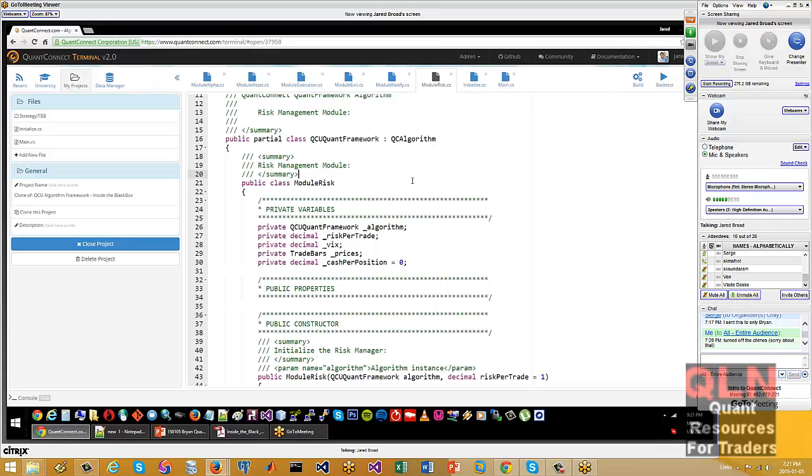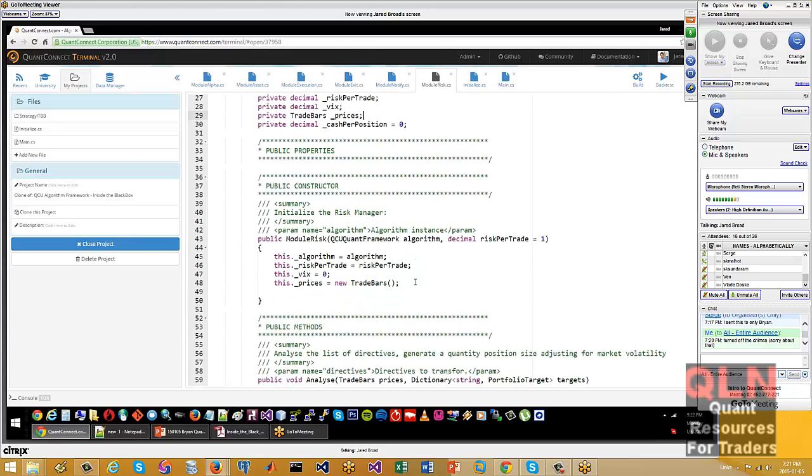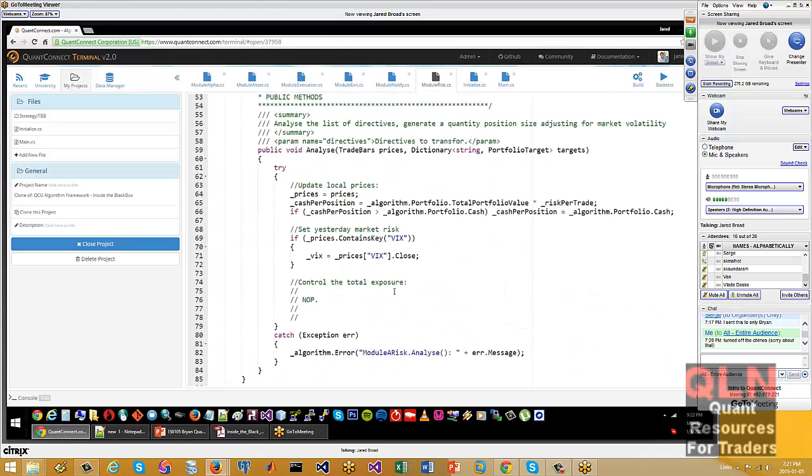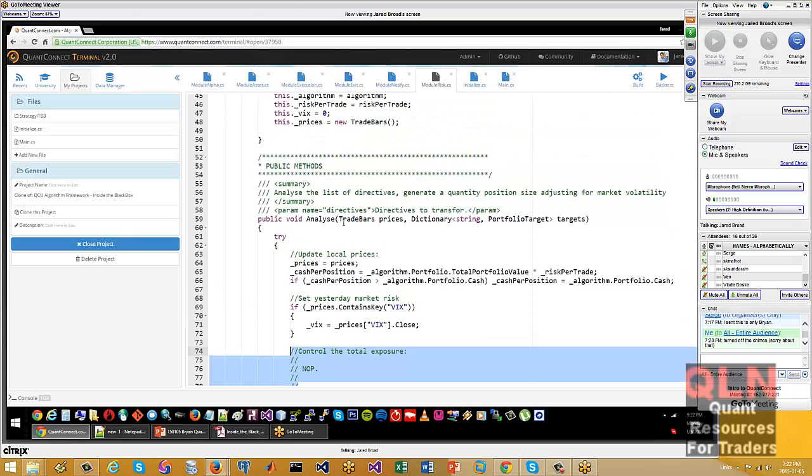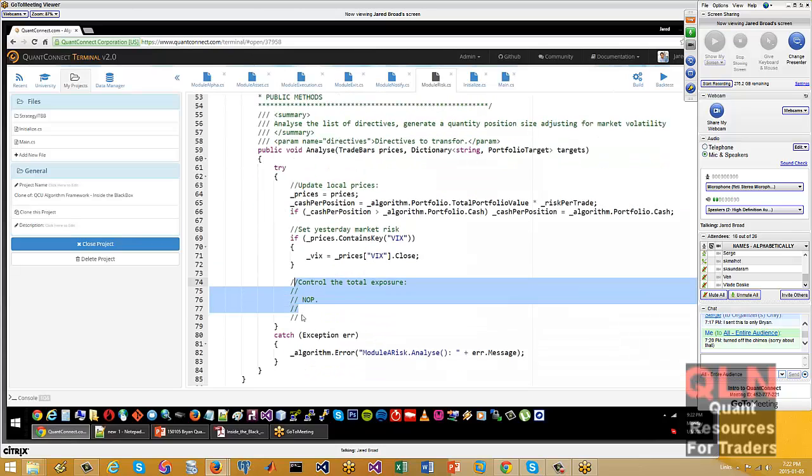So you can use the asset manager to know the properties of the assets and the portfolio targets to know what you're trying to do, and then decide if you're going to let that trade go through. Are you going to permit that portfolio target to be passed through the system? For this one, we actually don't do anything at all. We don't do any risk control whatsoever. You might want to change that for reality when you do actual trading.